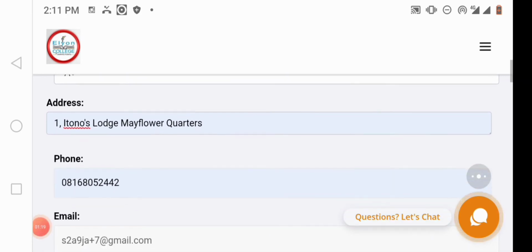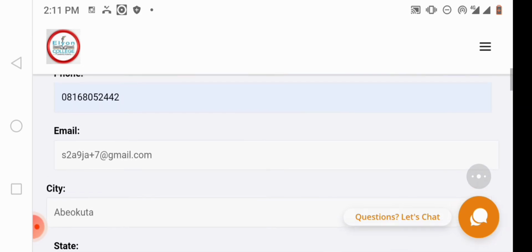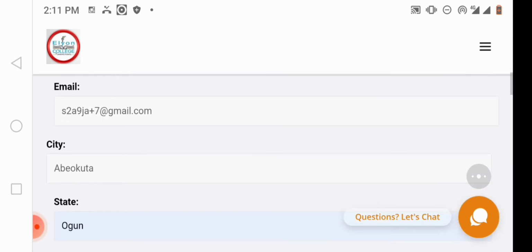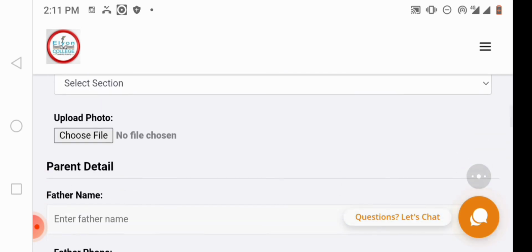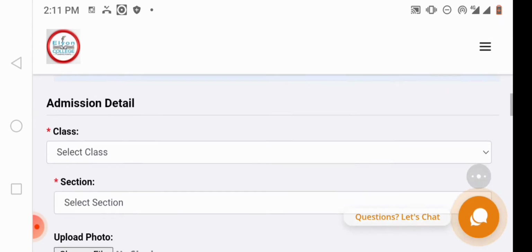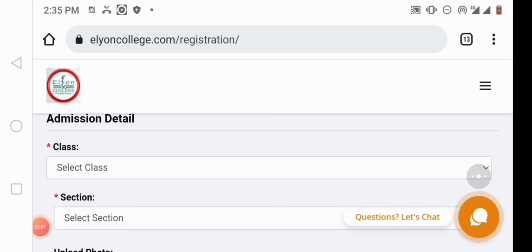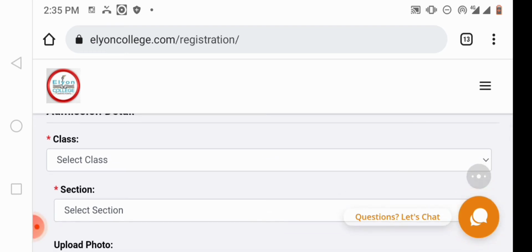Okay, I have entered the details I needed. This place here where we have email address, the first email here is meant for the child, because there's still another place where we're going to enter the parent's email. But the first email that you are required there, please take note, it is for the child. Now, when it comes to this class section, choosing the class, let's say